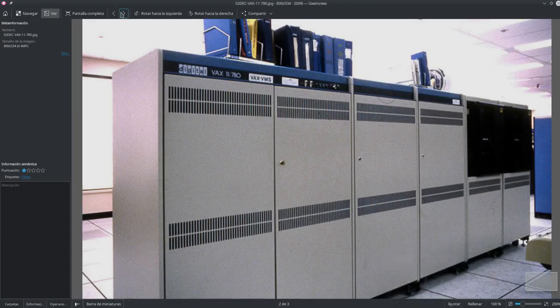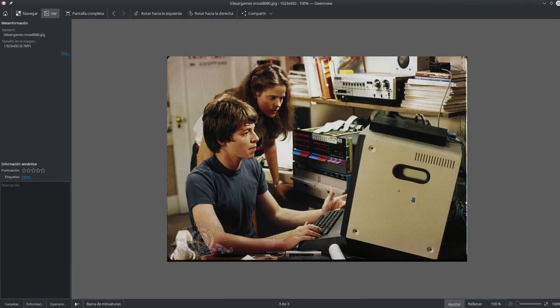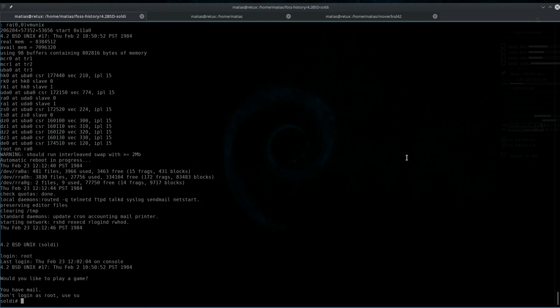We can see it here, this film in which the main character, played by Matthew Broderick, used war dialing and logged into a computer from the defense area, and started a dangerous game.